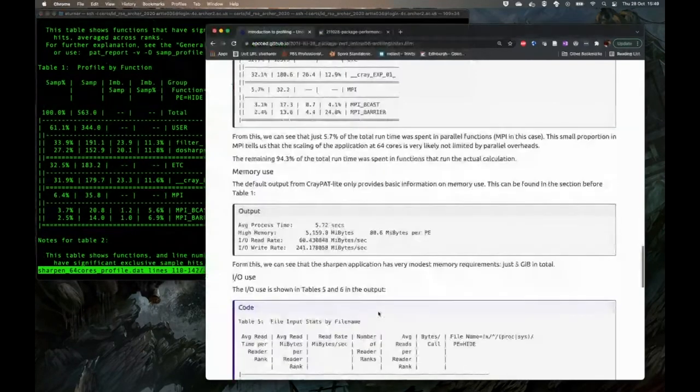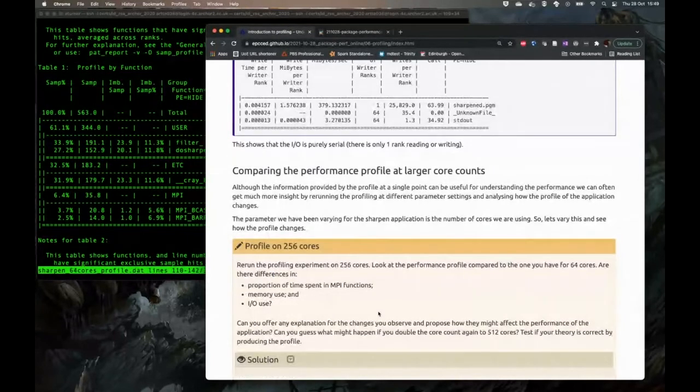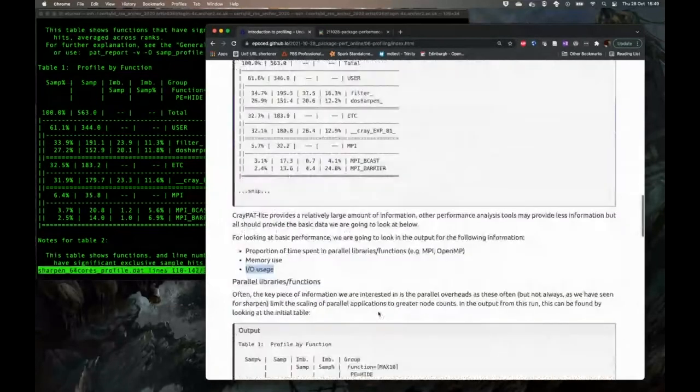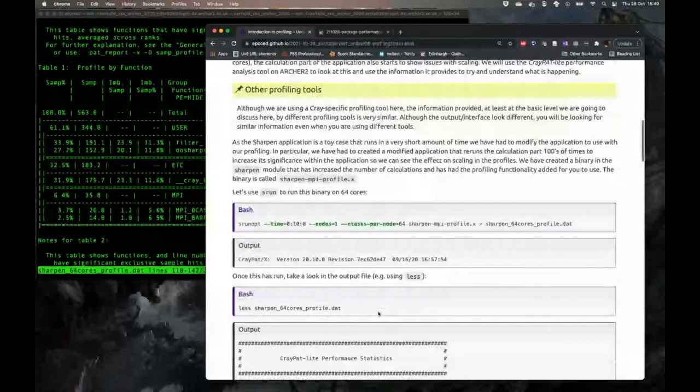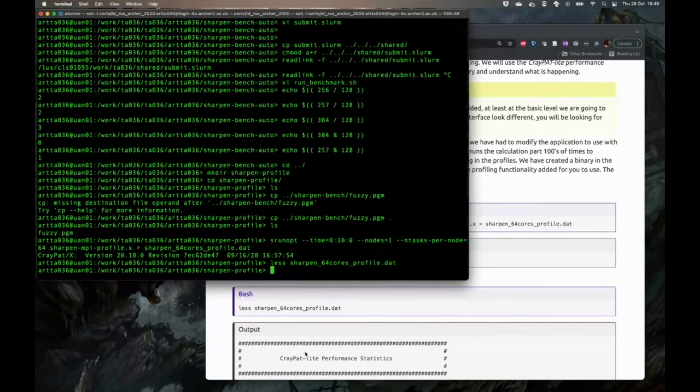So what I'd like you to do now, hopefully based on that example, is to have a go at profiling on 256 cores. So I'll go back up to the example where I ran the calculation. You should be able to run the 64 cores example, check you get the same sort of output that I got that's described in the course docs. Then try running at 256 cores as well. That's 2 full nodes, and see if you can spot where the differences are in the profiles